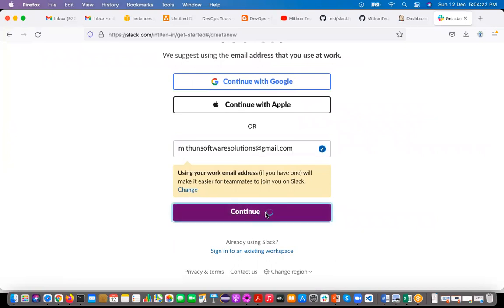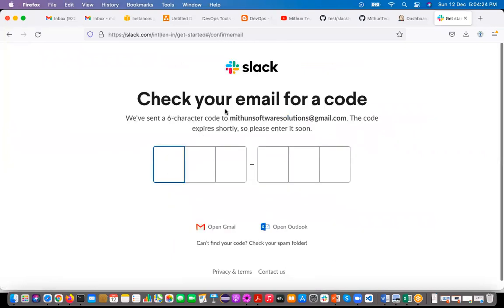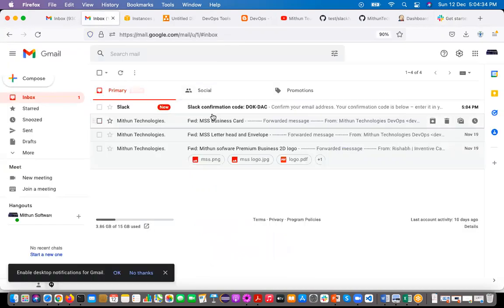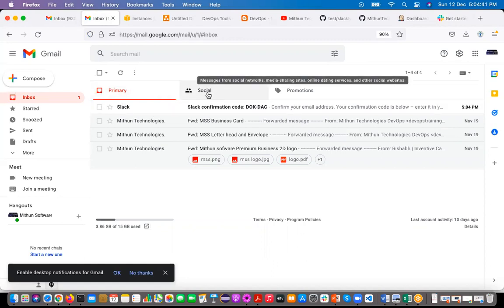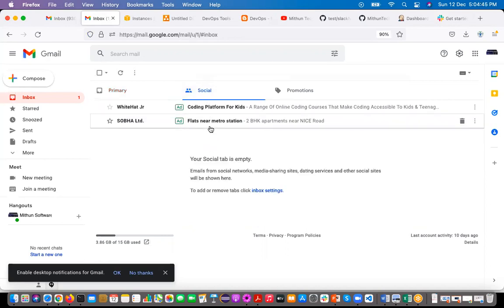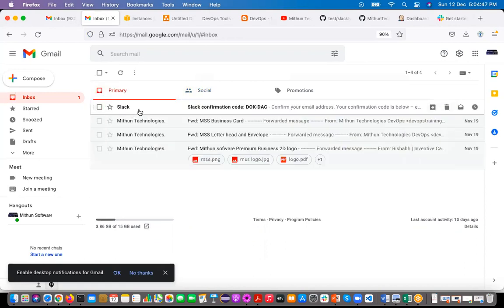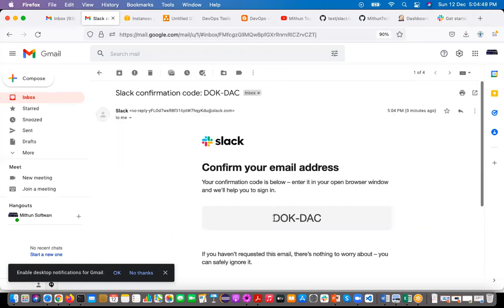Click on continue. Check your email for a code. The Slack team is going to send one code to whatever mail ID you have used. So go to your mail. Sometimes you will see it in your inbox, or sometimes it will display in the social category. You can search here. Okay, now it came here. Click on this one.